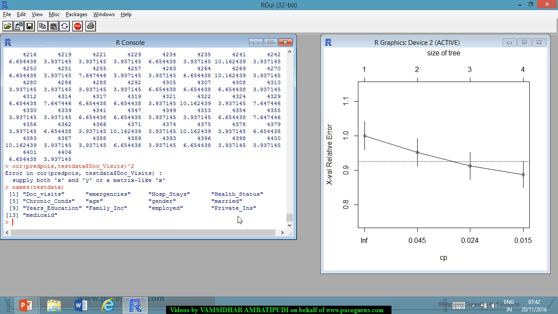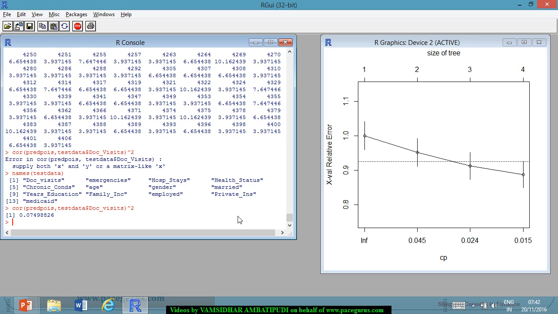Doc underscore visits is not in caps, it's in small letters. Okay, doc underscore visit squared. Oh, so the model is giving me only a correlation of 7%, an R squared of 7%, for the number of visits. Okay, to this extent it came out good enough,